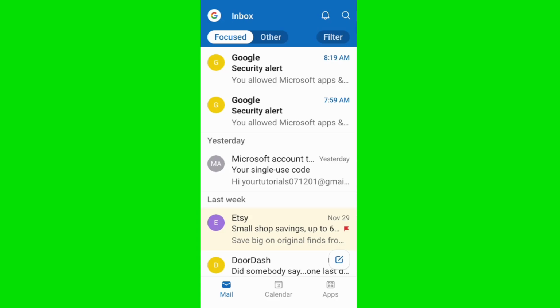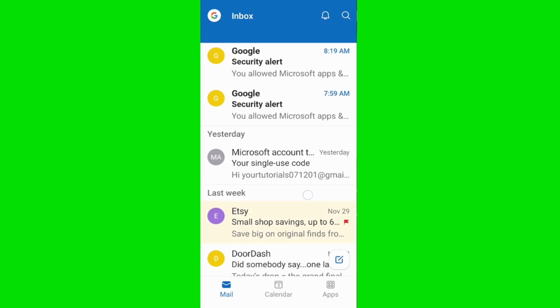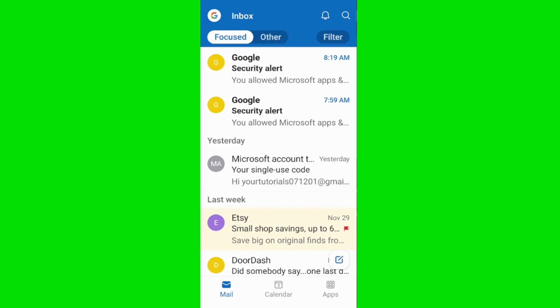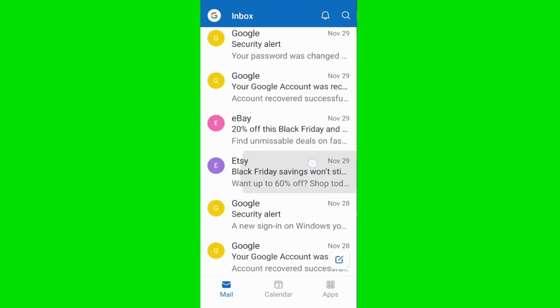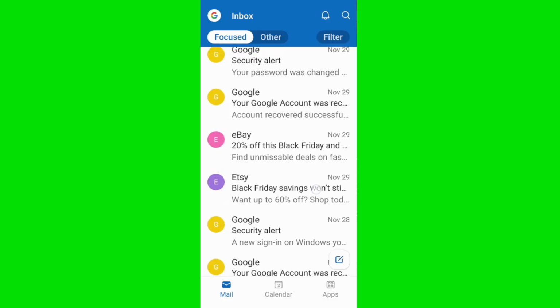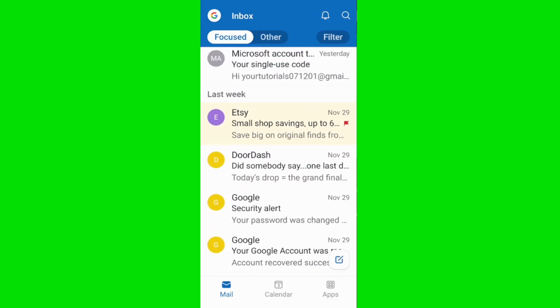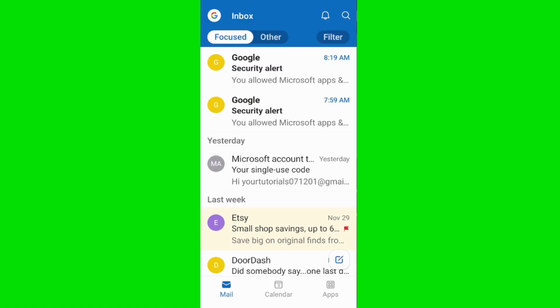In today's video, I'll show you how to add a signature in the Outlook mobile app. A clean, automatic signature makes your emails look professional and saves time, especially when sending messages from your phone or tablet. Start by opening the Outlook app and tapping the Google icon, your profile image, or your account logo at